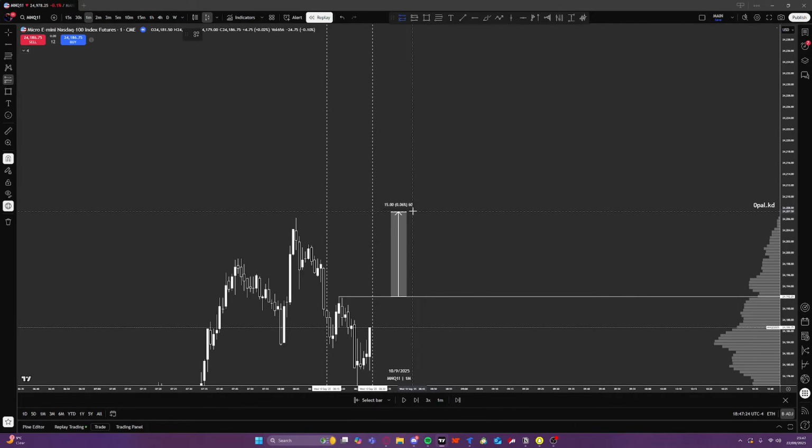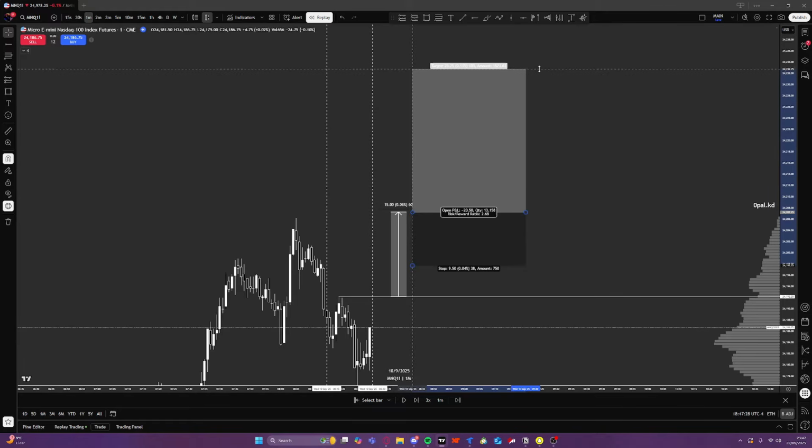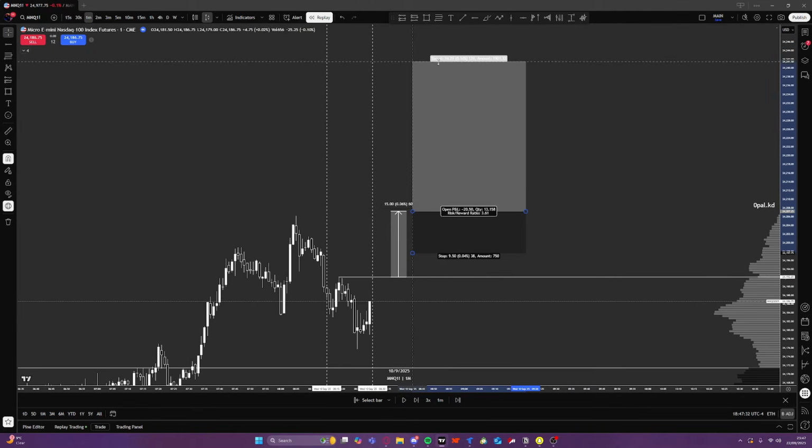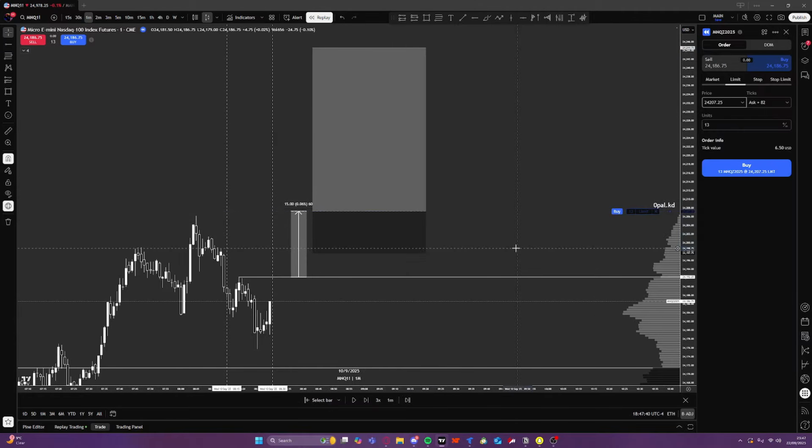But here. And you want to target 37.5 points or 150 ticks. So you're going to want to use a micro, so 20 cons as a buy stop,